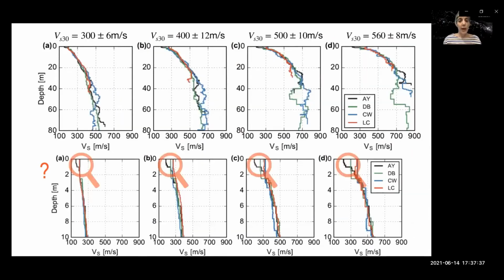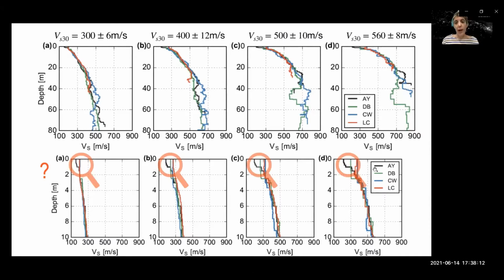The approach was we used data to bin the profiles, using the data properties to build the profiles based on VS30. Now, the different databases were not only proprietary or non-proprietary, harvested by different organizations, but also heterogeneous in the sense that some of them were measured using invasive and others using non-invasive conditions and methodologies. And one can see here what that means.